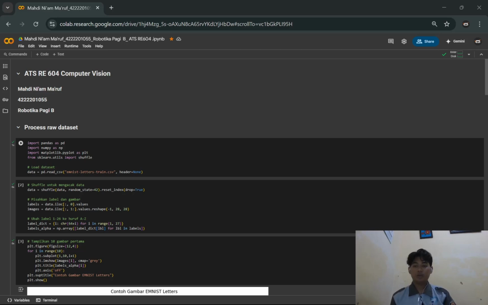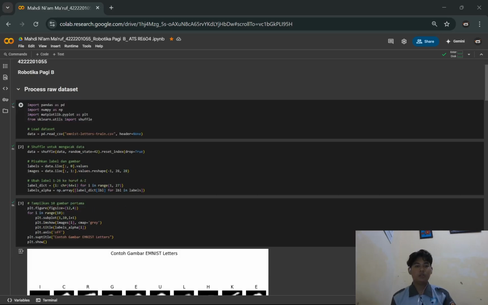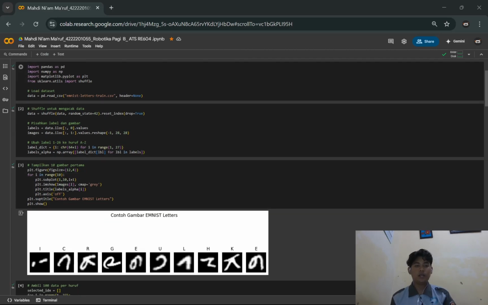In this midterm project, I will build an image classification system using the EMNIST letter dataset. I use HOG for feature extraction and support vector machine for classification. I also use GridSearchCV to find the best parameter, and I test the model using LOOCV and standard performance metrics. This is the library, and then I load the EMNIST letter dataset like I said before, and